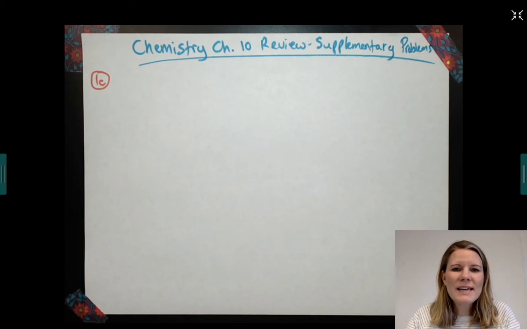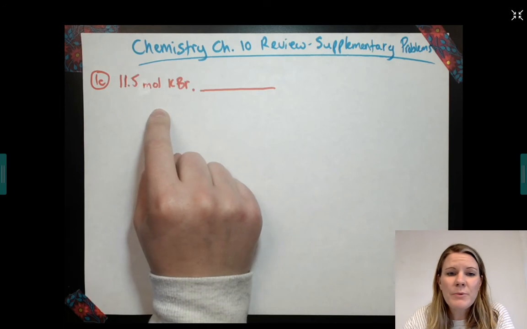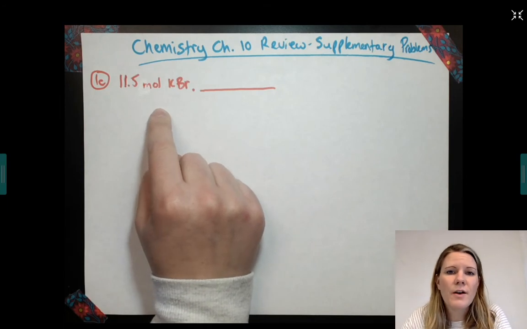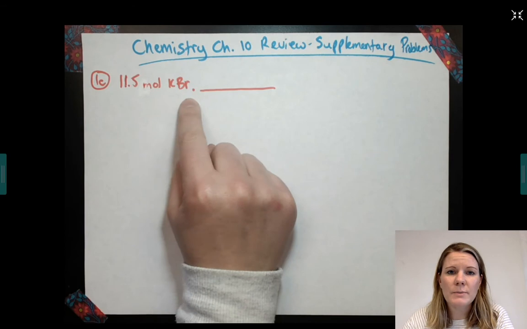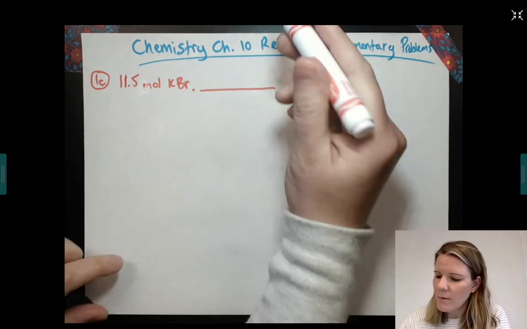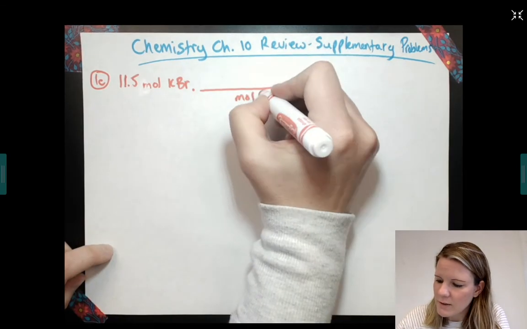Hey everybody, let's review chapter 10. I'm going to use the supplementary problems to do that. Be ready to hit your pause button because I'm going to go fast. Ready, set, go. In this problem, we were given 11.5 moles of potassium bromide on the top, moles of potassium